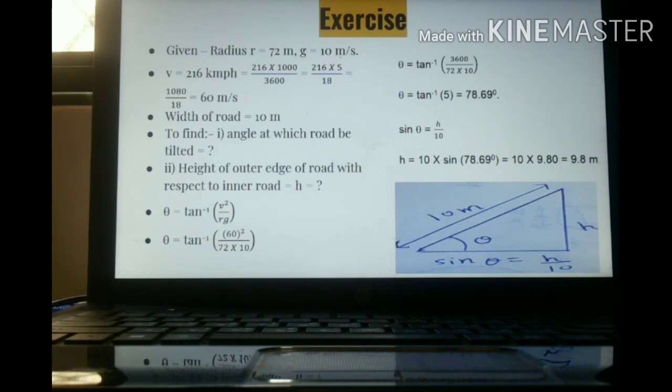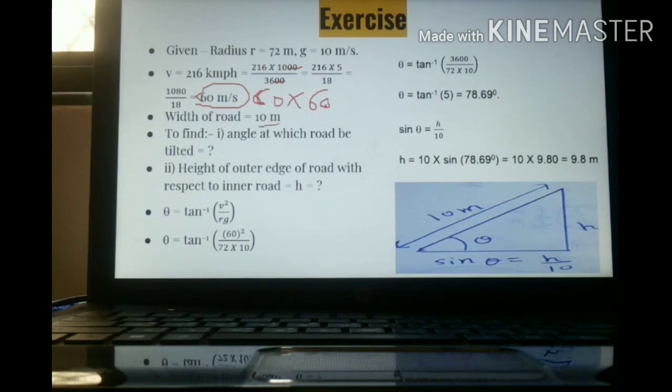G is what? 10 meter per second squared. V is what? 216 kilometer per hour. So we can represent kilometer per hour. Kilometer है, so therefore 1000 आ गया. Per means what? Hour is coming in the denominator. And in 1 hour, how many minutes are there? 60 minutes are there. And in 1 minute, how many seconds are there? 60 seconds are there. So it is 60 into 60. So therefore we will be getting 3600. ये दो जीरो कट हो जाएंगे. और 10 upon 36 can be cut out, and we will be getting 5 upon 18. After solving this, we will be getting 60 meter per second.